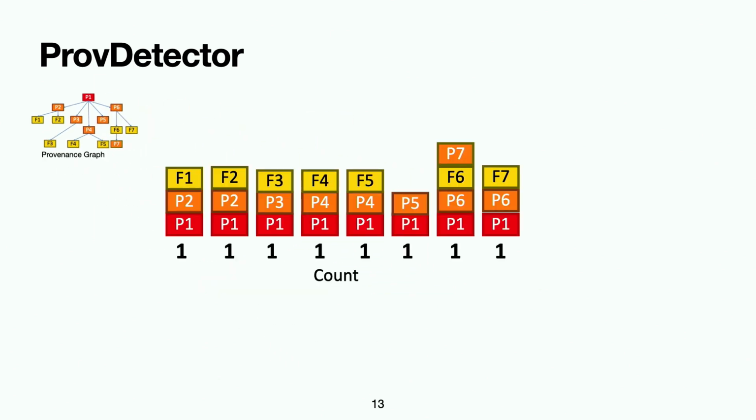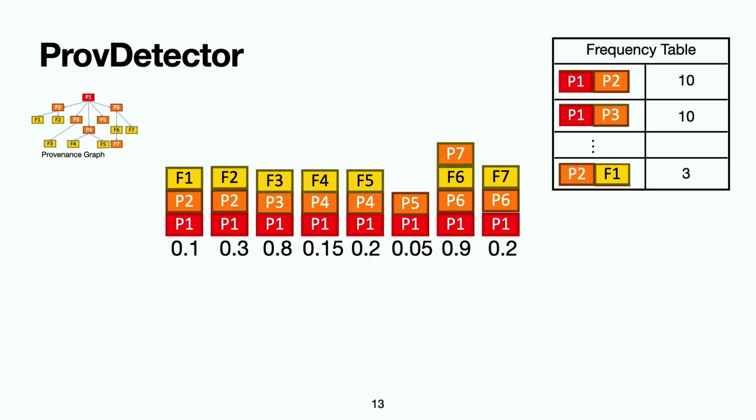Instead of normalizing the counts of all the substructures within the provenance graph, Prov Detector assigns a rarity score. This rarity score is essentially the probability of that path occurring in benign data. The way it's calculated is by using a frequency table that measures how often an edge occurs in benign data. And so a path which contains a lot of edges that occur in the benign data has a lower rarity